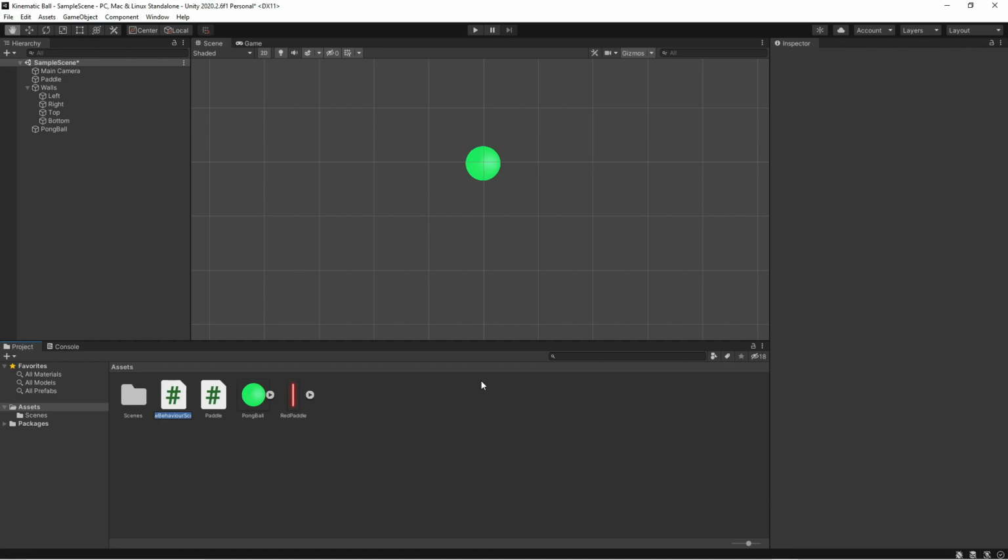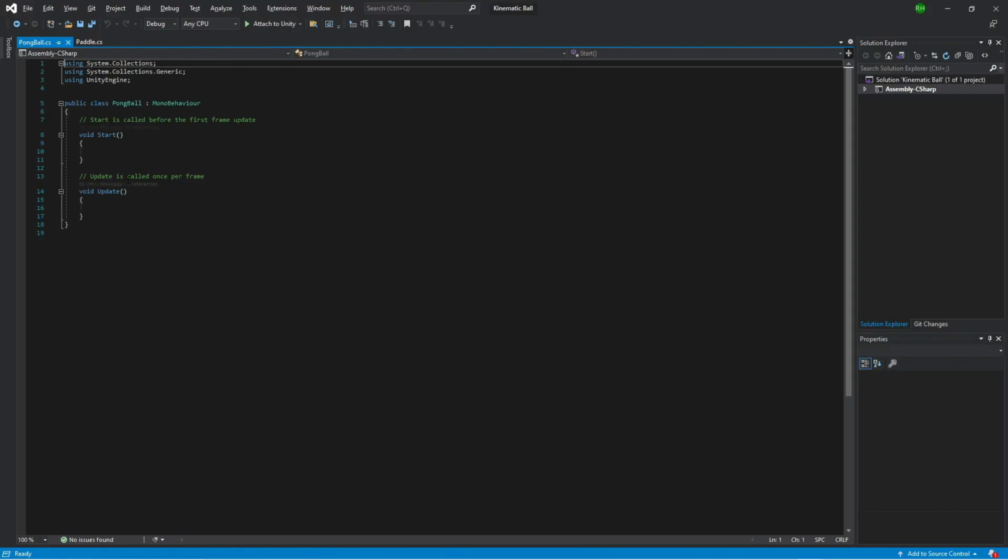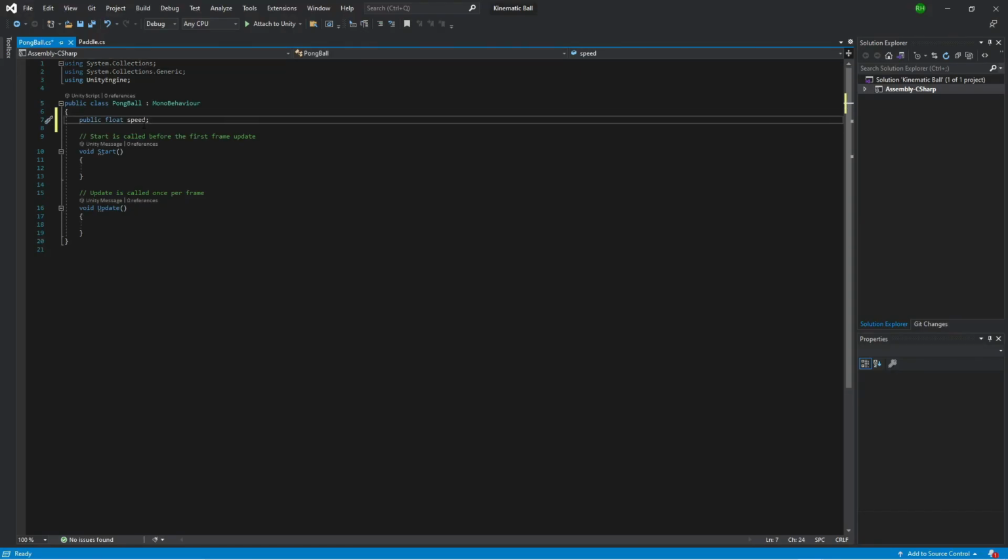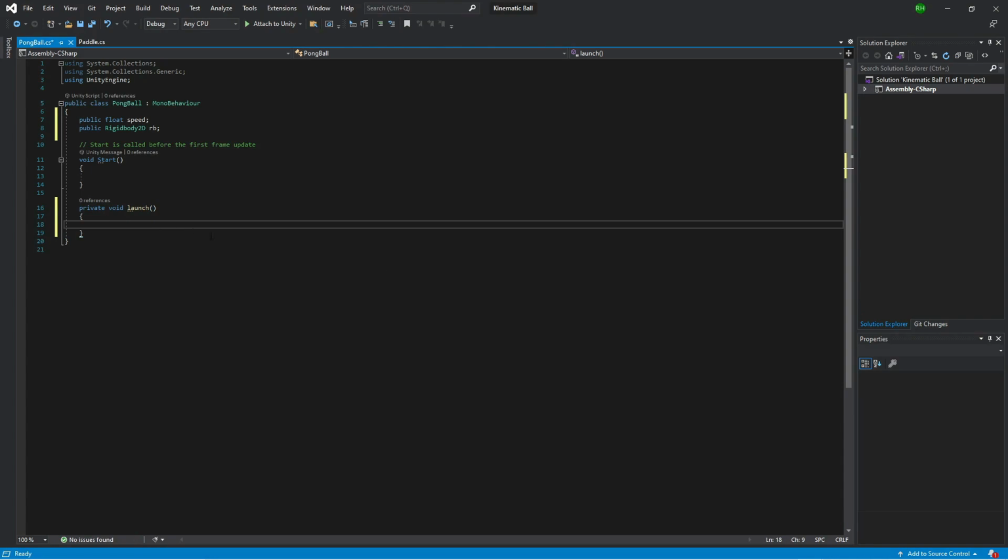Let's rename it PongBall to match the name of the sprite. Let's open the script. Let's add a public variable for the speed and another variable to represent the Rigidbody of the ball. Let's create a method called Launch to launch the ball,